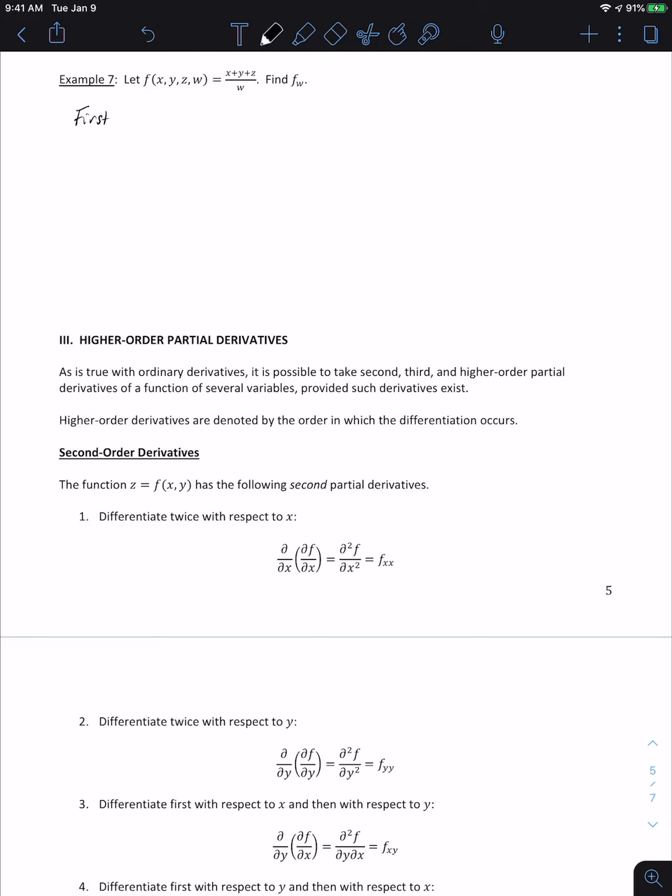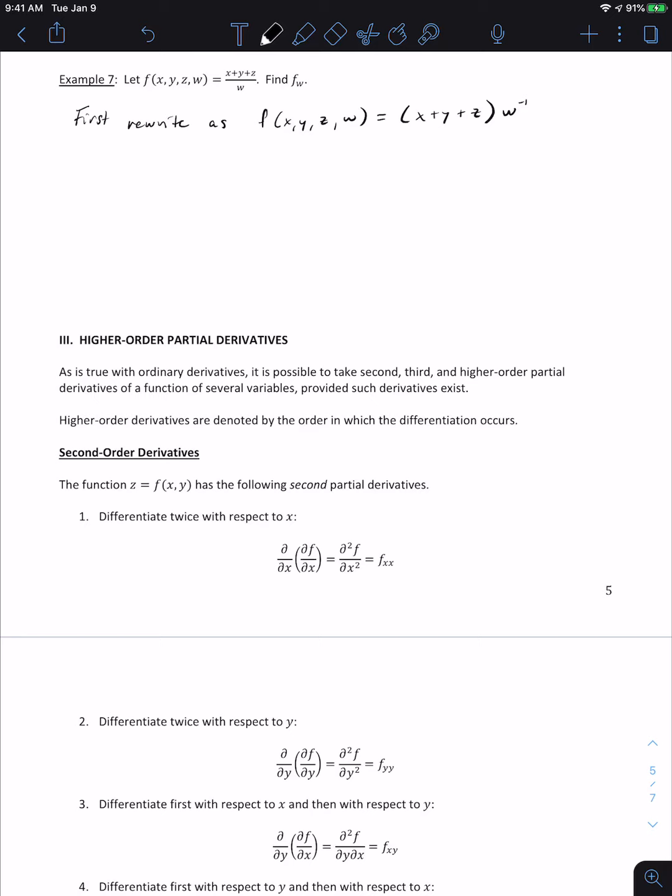So I'm just going to rewrite this as f of x, y, z, w, and I'm going to rewrite it as x plus y plus z, which again is all a constant with respect to w, and then I rewrite this as w to the negative 1,